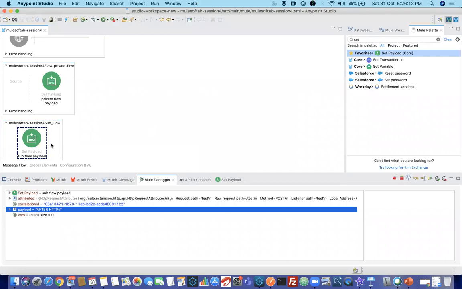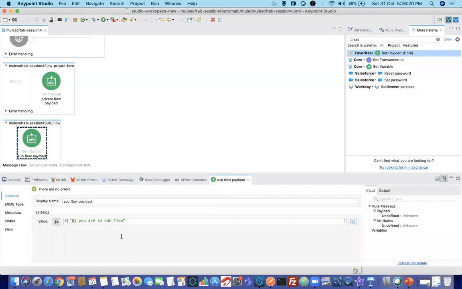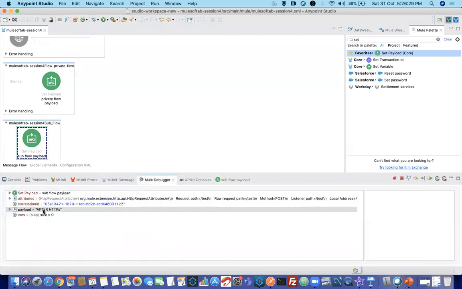They will show you the blue dotted line here and ask you for the current payload. You might be thinking that it is on set payload and the current payload value is hi, you are in subflow. No, still it is not executed. Once you are out of it, it will be executed. So your current payload is still after HTTPS only.